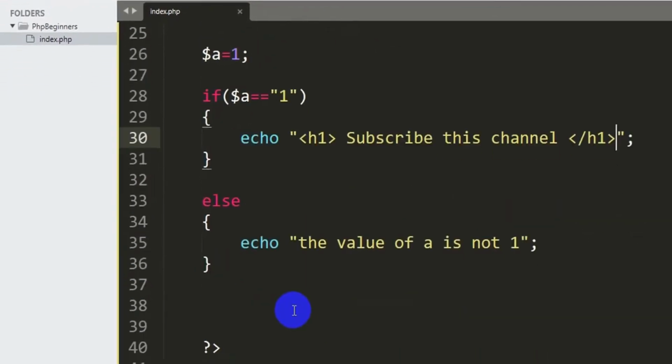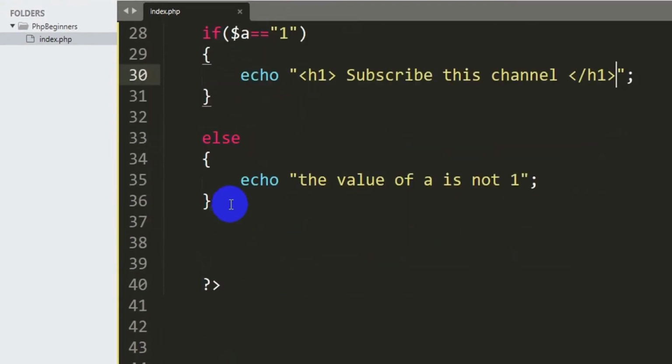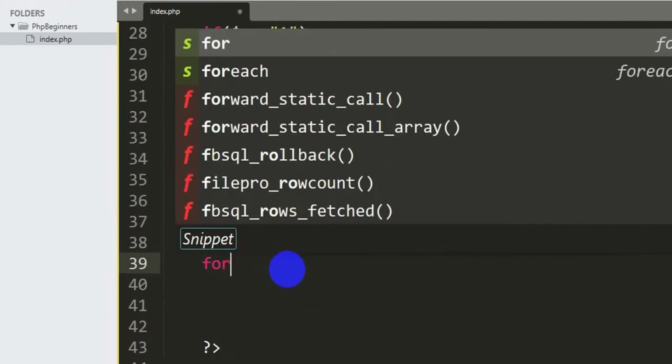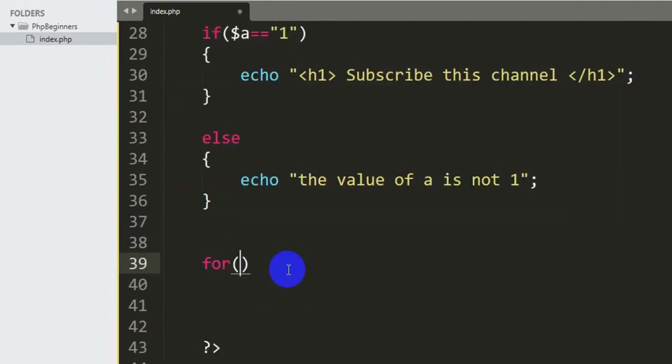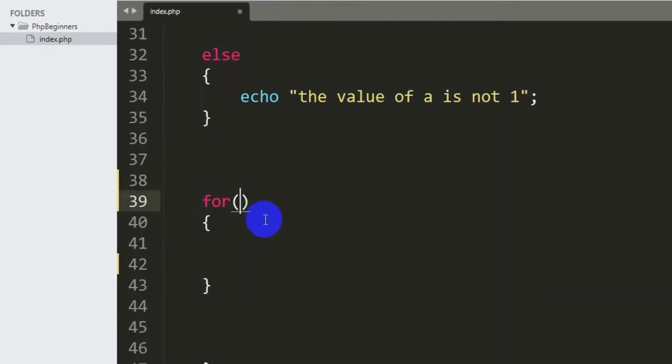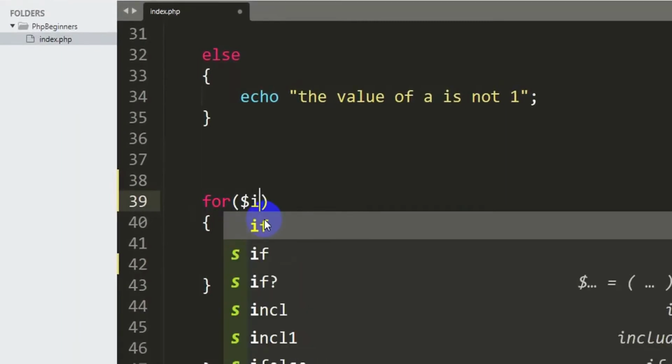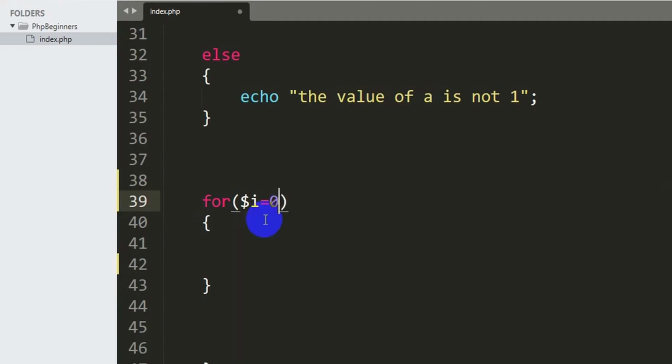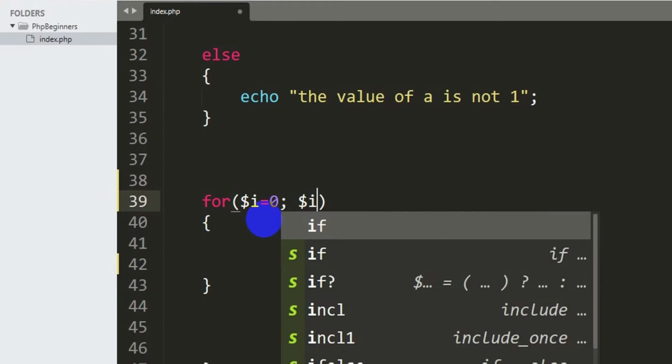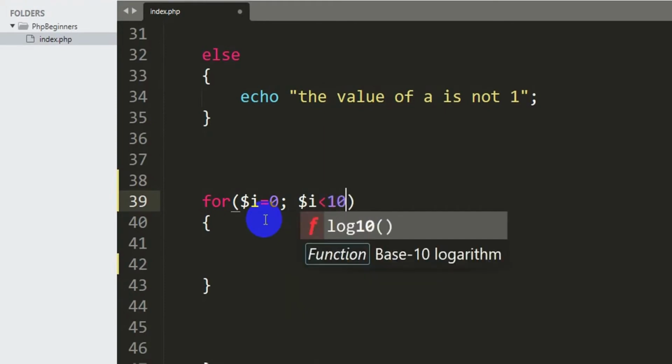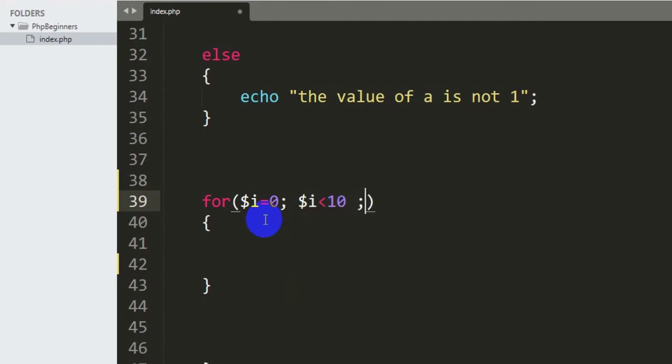So after if condition, now let's talk about our for loop. So for creating a loop, all you have to do is that you need to write for, and you need to give 2 parentheses. Inside this parenthesis we are going to declare a variable. Let's say $i. You can declare any variable you want, and then we need to initialize a value. Let's say $i is equal to 0. Then we need to give a semicolon, and after this we'll say again $i, and here we're going to give a condition. Let's say less than 10, and then let's give another semicolon, and we'll say